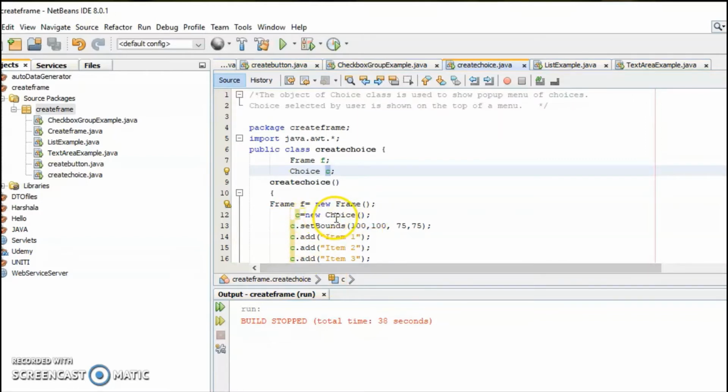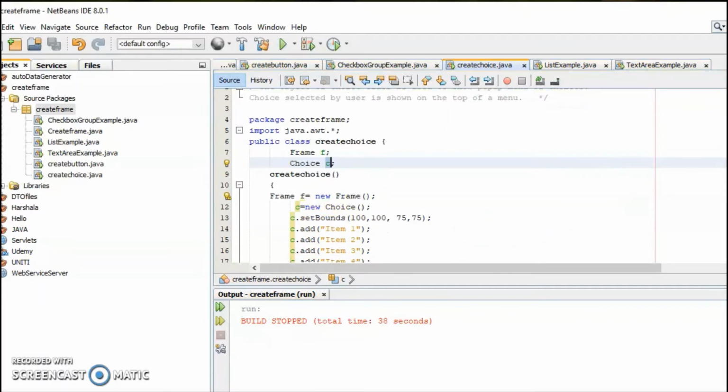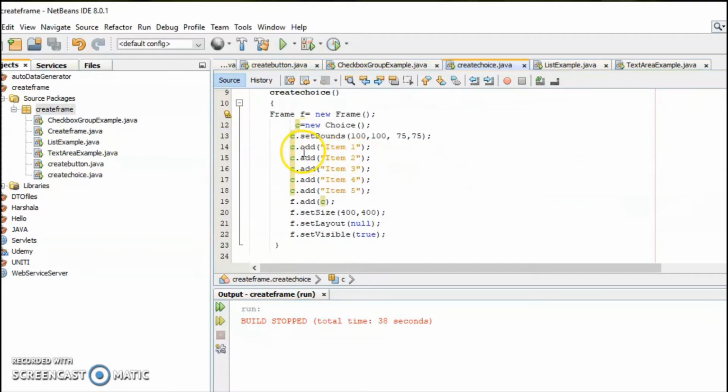Inside that you create the choice object: Choice c = new Choice, and setBounds, I already explained the purpose of using setBounds. And in that you are adding the items. See here, we are adding these items: c.add item 1, item 2, like this 5 items you are adding to the choice. The object of the choice is c, that's why c.add all these items.